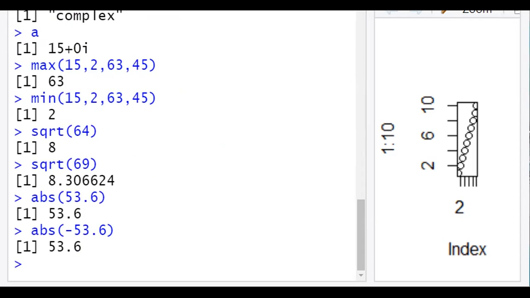Then we can have floor and ceiling operations. When we have decimal data, we can round a number either upward or downward. This ceiling function is present in many programming languages.